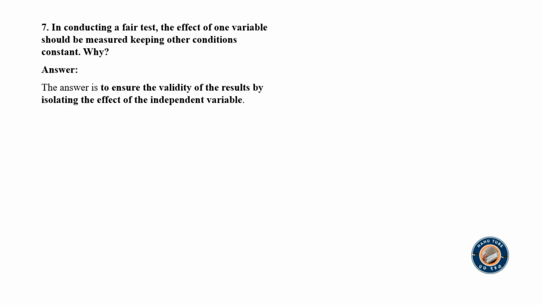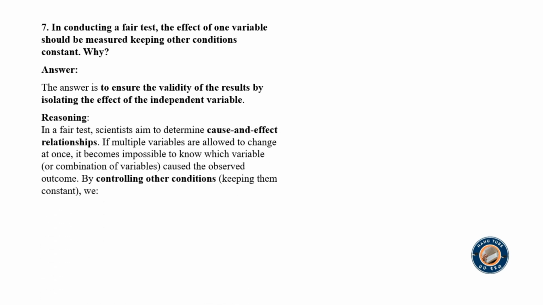Question number 7. In conducting a fair test, the effect of one variable should be measured, keeping other conditions constant. Why? The answer is to ensure the validity of the results by isolating the effect of the independent variable. In a fair test, scientists aim to determine cause and effect relationships. If multiple variables are allowed to change at once, it becomes impossible to know which variable or combination of variables